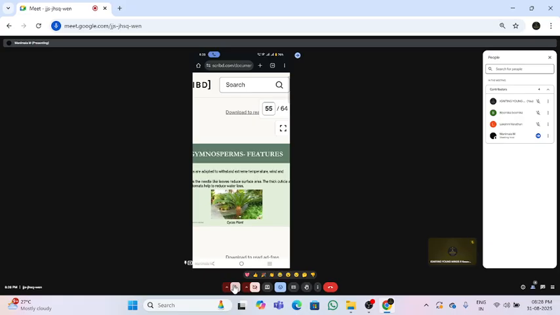So Zamia pygmaea is the smallest gymnosperm. Sequoiadendron giganteum is the gigantic plant of the plant kingdom, with the common name redwood, present in California. It is the world's tallest living plant and can grow more than 100 meters in height and 15 meters in girth. So this is about habitat and habit.